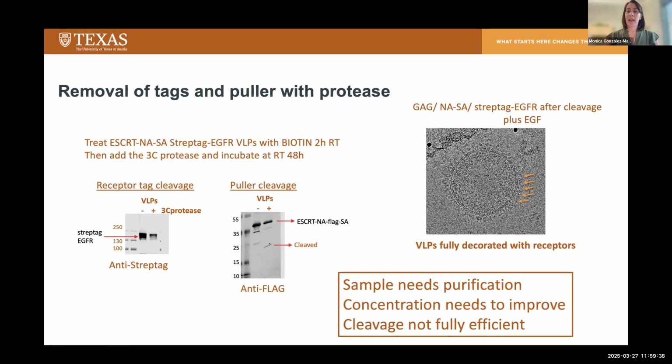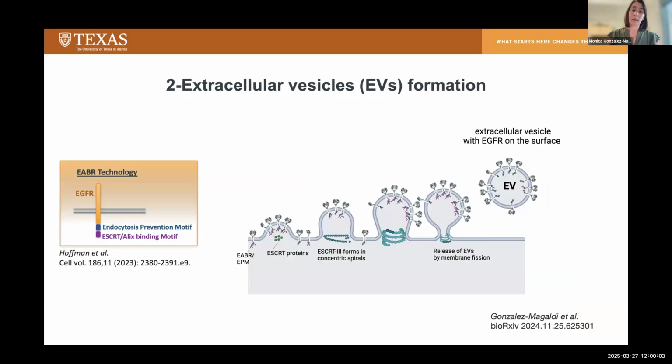Now, we still had the puller protein on the vesicle, so we needed to cleave those proteins. We realized at that time that the cleavage was not 100% efficient, and the vesicles would need further purification in order to have a successful imaging. So we tried to move forward and test the second method, that was making extracellular vesicles